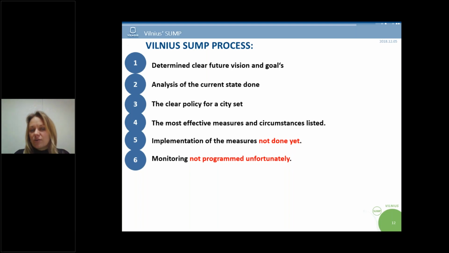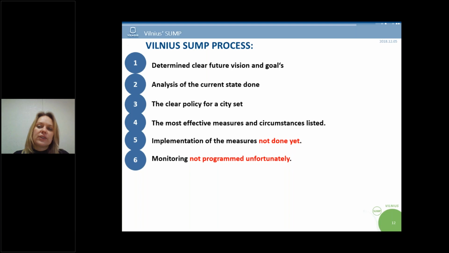So what needs to be done now is to finish what was started, or to apply new measures, and to continue monitoring whether they are effective or not. Because as I showed in my previous slide, monitoring was not programmed in the Lithuanian guidelines. And for example, in the Vilnius case, we of course set